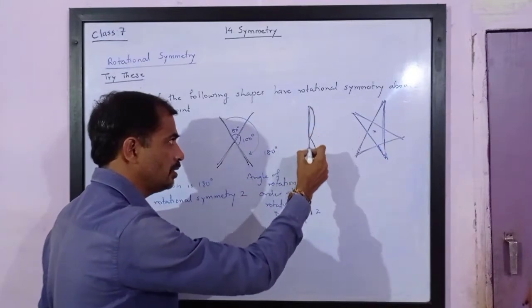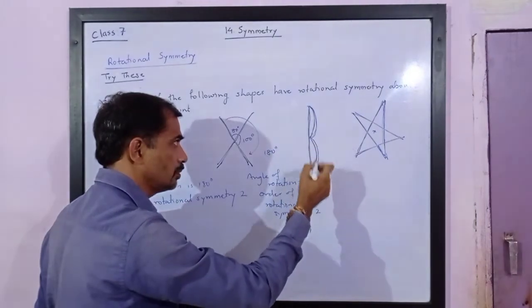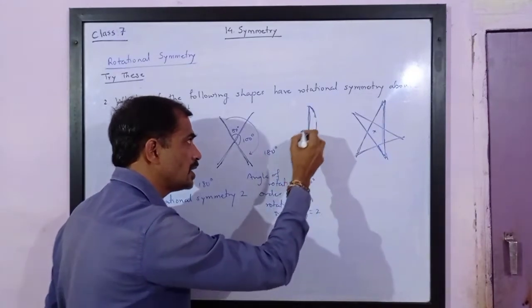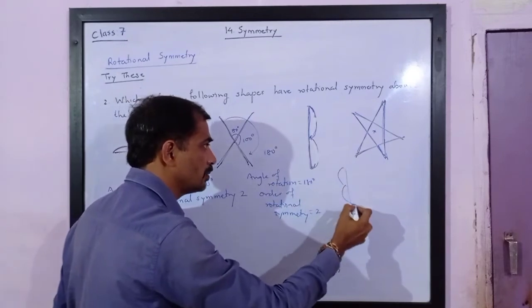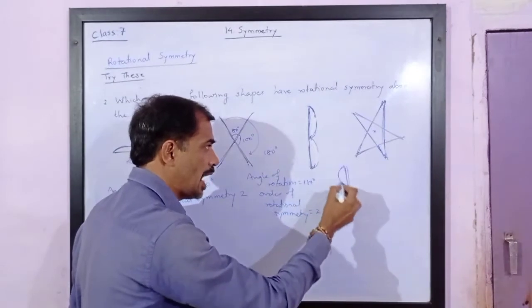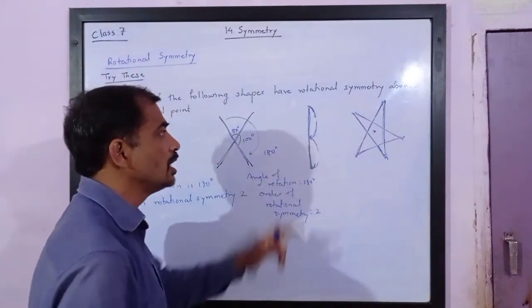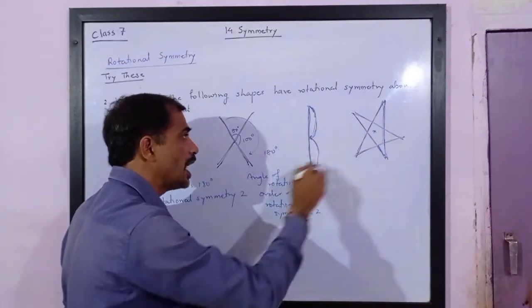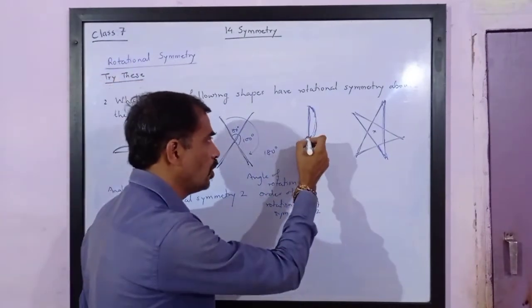Now see the next position. This line is a straight line and you can see the figure is something like B. Now please note, if you rotate through 180 degrees, then we will get it like this. It means it is not taking the same position. Straight line will be this side and B will be this side. So it does not have a rotational symmetry of 180 degrees, but it does have a rotational symmetry of 360 degrees. That is, if you make a complete circle, then the figure will look the same.